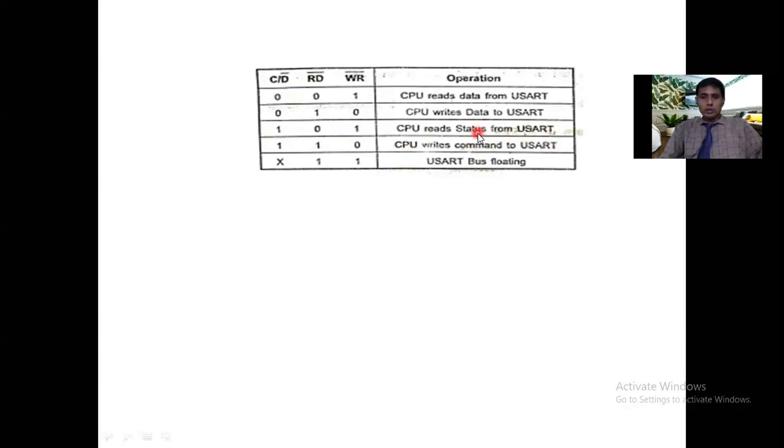So here in this case, CPU reads status, whereas here CPU writes command to USART. Accordingly, USART performs the required operation with the modem controller or with the transmitter or receiver operations. If it is 1, read bar and write bar both are inactive. It is not 0, not 1. Then USART performs floating operation. Like that, USART performs various operations in association with the C/D bar, read bar, and write bar